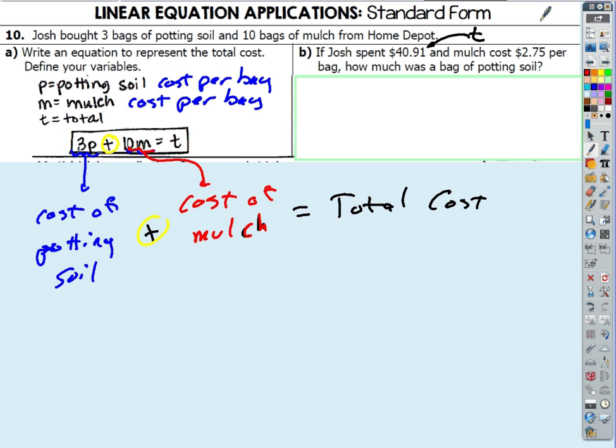So that's M, isn't it? Okay. And if I plug those things into my original equation, let's see what happens. I get 3P plus 10 times 2.75, right, equals